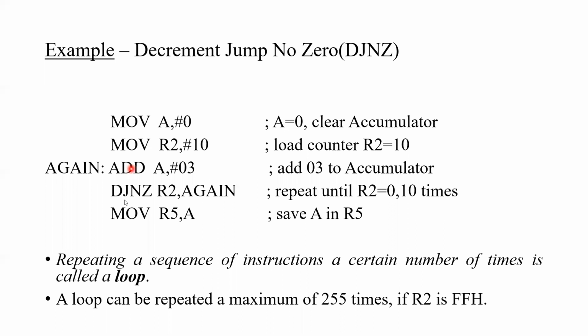This is about decrement jump if not zero, and how it could be used here. In the programs we wrote, we used decrement jump if not zero to set the counter. Whenever we wanted to count the number of ones and zeros in a given 8-bit number, we set the counter as 08, and went on decrementing the value. We decremented and compared with 0 whether it is equal to 0 or not. If it is not 0, go again and see whether the next bit is 1 or 0.